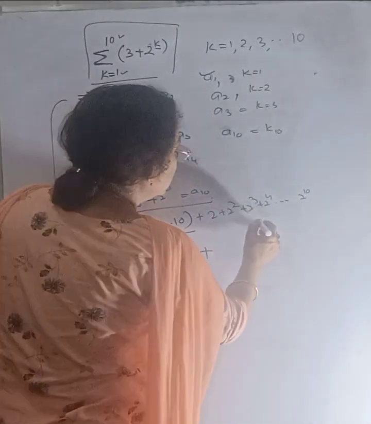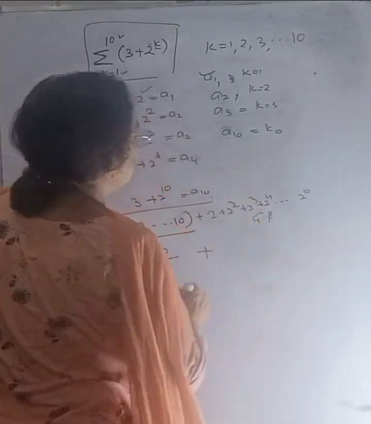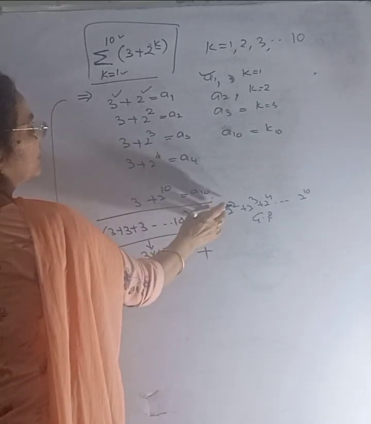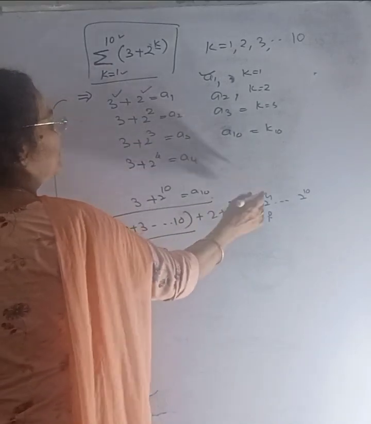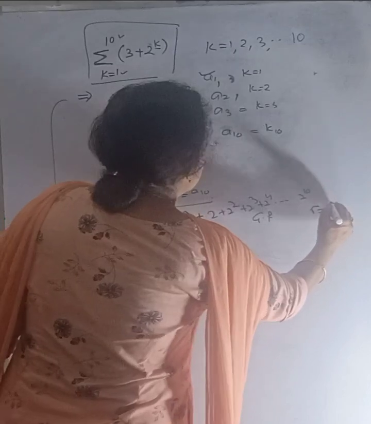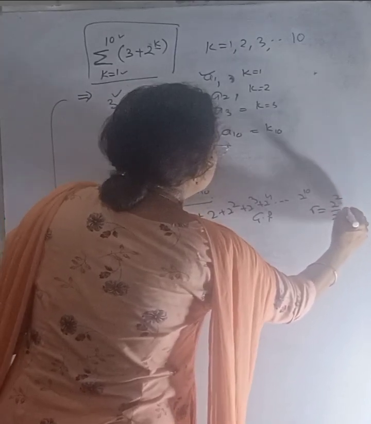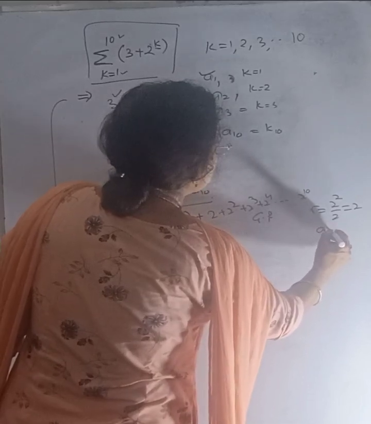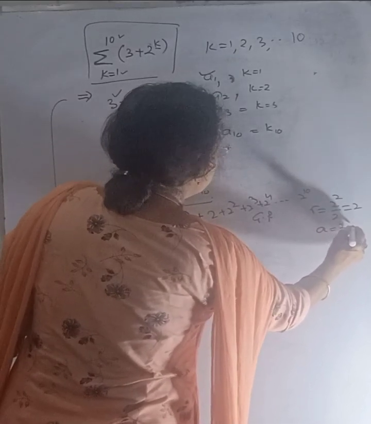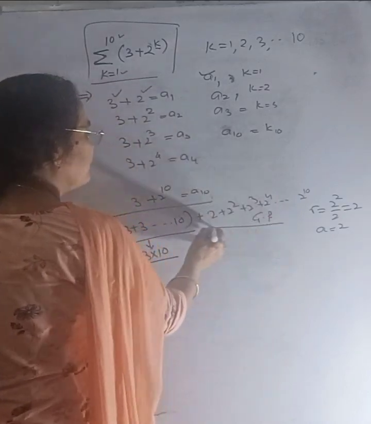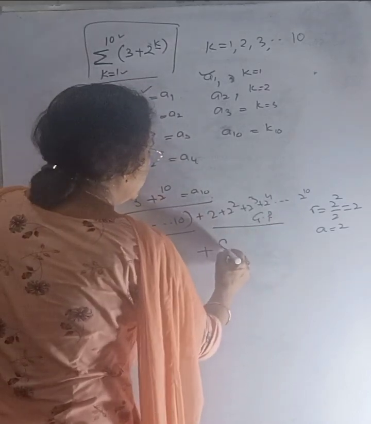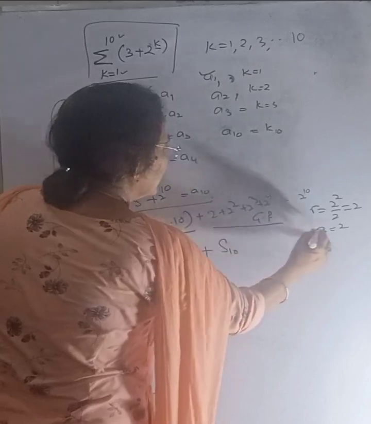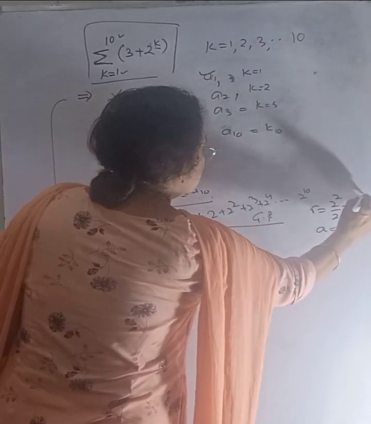It means this is a GP. This is the form of GP. ये GP है. 2 के ऊपर घात 2, 2 के ऊपर घात 3. इसमें R is equal to 2 हो रहा है. सेकेंड टर्म अपॉन फर्स्ट टर्म इज इक्वल टू 2 बचेगा, तो R इज इक्वल टू 2 है रेशियो, और A इज इक्वल टू यहाँ पर फर्स्ट टर्म इज इक्वल टू सिंपली 2. देन दिस इज द समरी अप टू nth टर्म. इट मींस इट विल बी S10 where A is equal to 2, R is equal to 2.